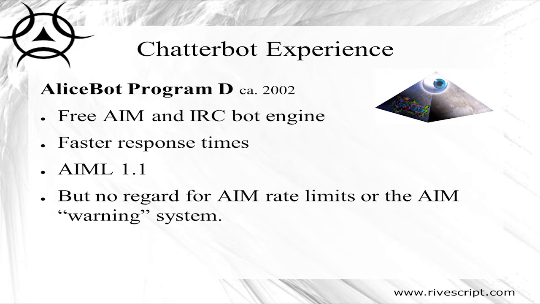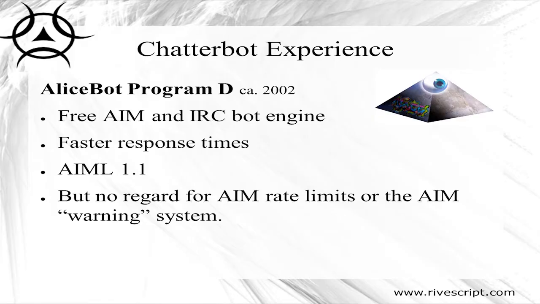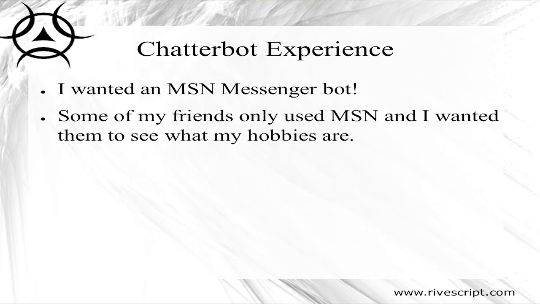The problem with responding instantly on AIM, though, is that AIM has rate limits, and so if there's 2 or 3 people chatting with your bot at once, it's responding instantly to each message. It's going to go over its rate limits and not be able to respond. And it had no regard for the warning system. The warning system on AIM, if someone sends you a message, you click warn, and then you could give them a little percentage next to their screen name, and a higher percentage means that the rate limit is hurt even more. So at about 20%, they have to wait about 5 to 6 seconds between messages to not go over the rate limit, whereas without a warning level at all, about 3 seconds is good.